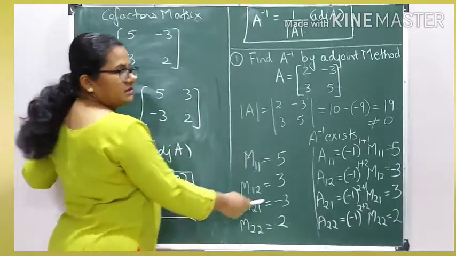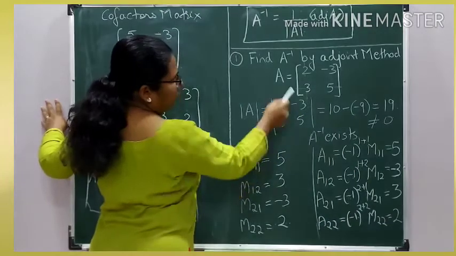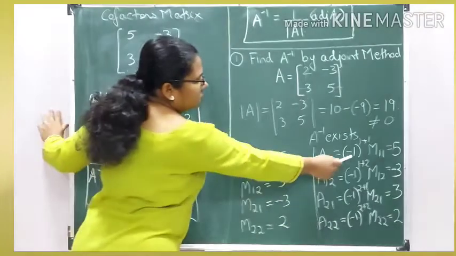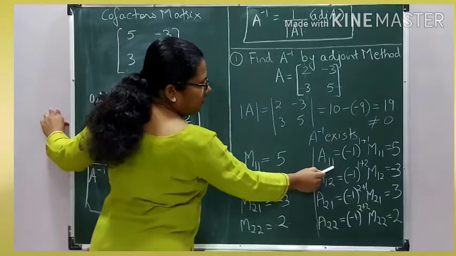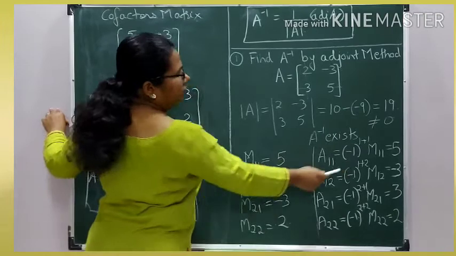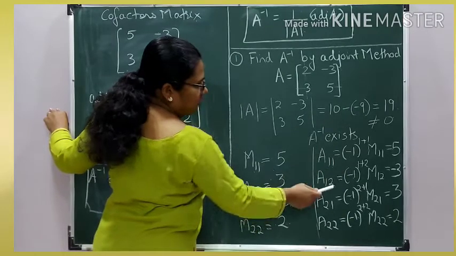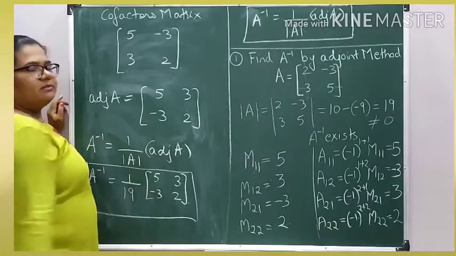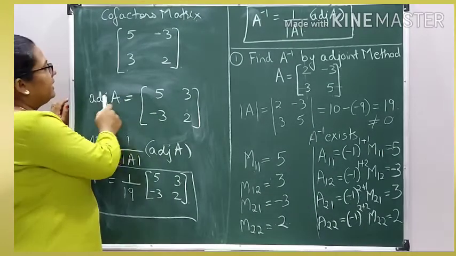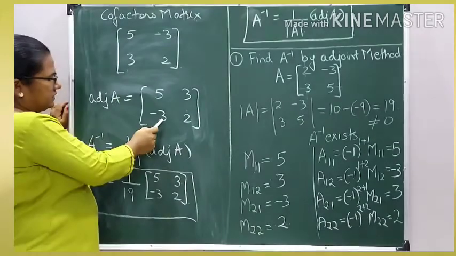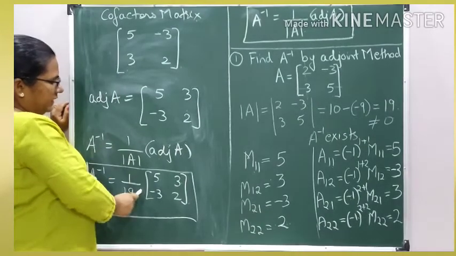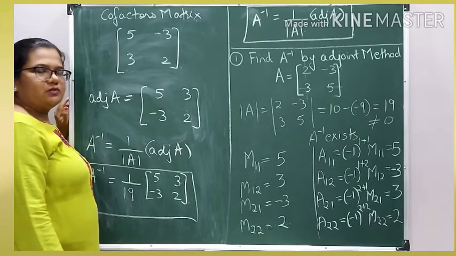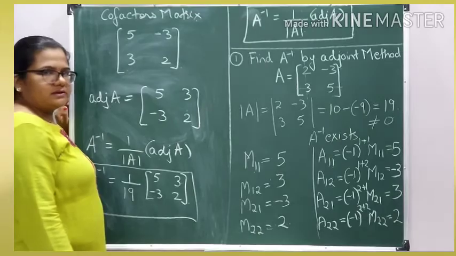In finding the minors, I told you, you have to eliminate the row and the column, and the remaining element will be your minor. And the cofactor formula is minus 1 to the power of row number plus column number, into the minor. If you get an odd power, the sign will be opposite. If you get an even power, the minor and the cofactor are the same. Then write the elements in the cofactor matrix format. Then the adjoint of A is the transpose of this matrix. Write the values in the simple formula and you will get the adjoint. So you can see this method is very simple to find the inverse of a matrix.